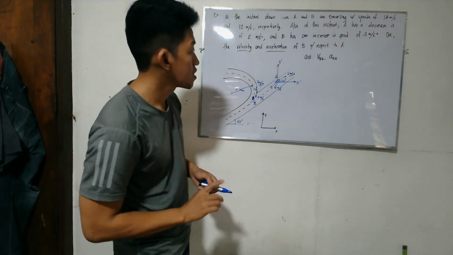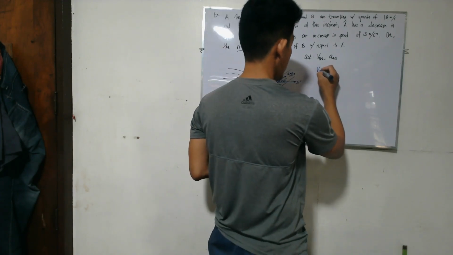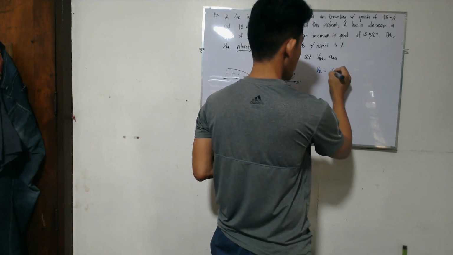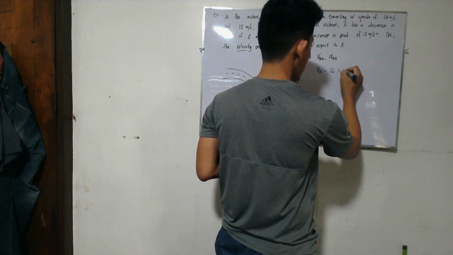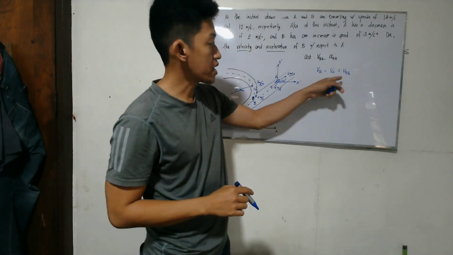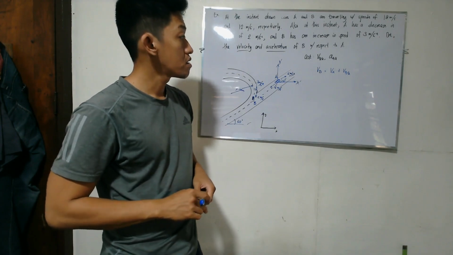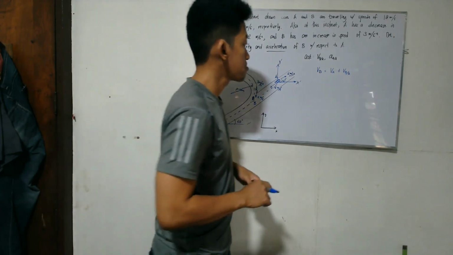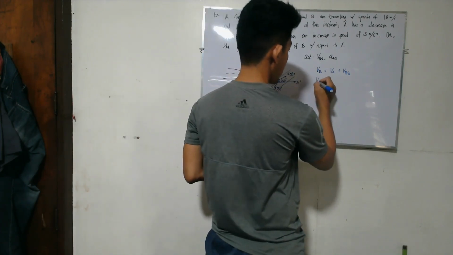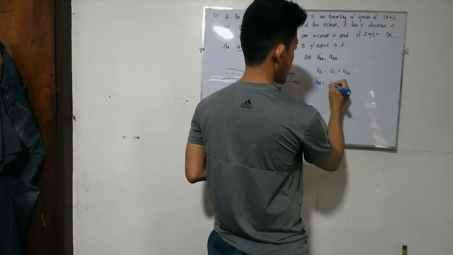Okay? So dira siya. And then velocity of B is equal to velocity of A plus velocity of B with respect to A. Okay? So makuha na nato ang kani based on this equation. Therefore, velocity of B with respect to A is just